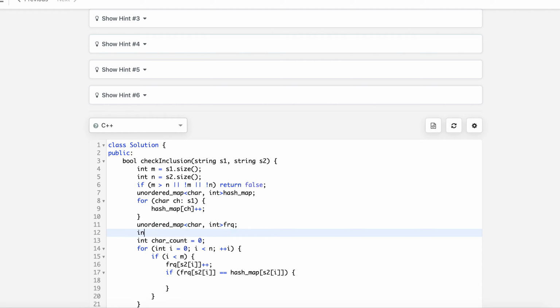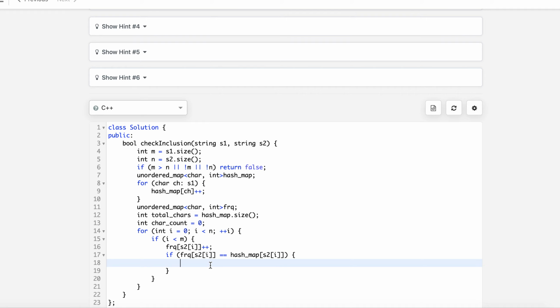The total characters we are interested in are hashmap.size, these are the distinct characters we are interested in, and character count is currently 0. If the frequency is the same as that in the hashmap, we will increase the character count by 1. While increasing, if we find that the frequency of s2 of i is equal to 1 plus hashmap of s2 of i, if it becomes greater,